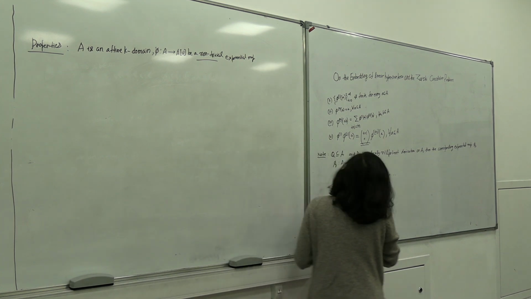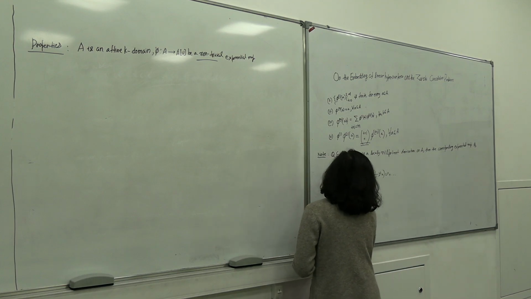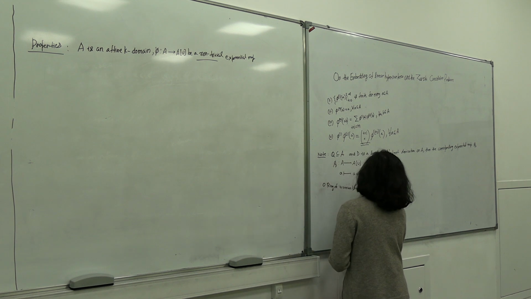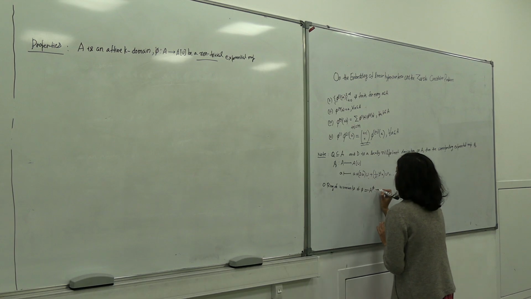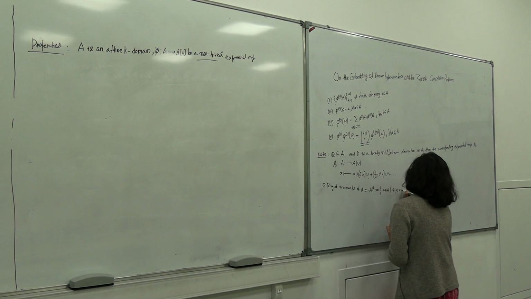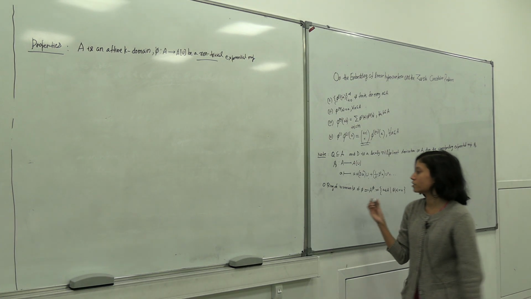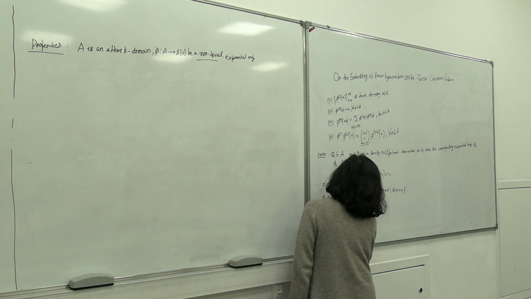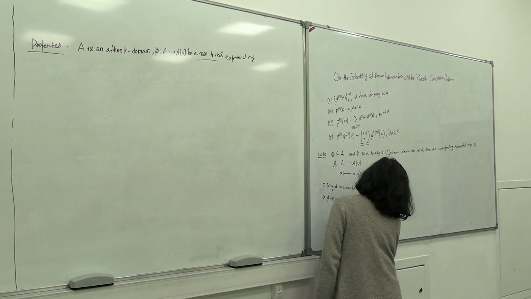Maybe I should define it now. Let me define something called the ring of invariants of an exponential map. It is denoted by A^phi, and it is defined by all those elements a inside A such that phi(a) = a. That is, as the name suggests, it does not move a at all. And corresponding to this definition, we say phi is non-trivial if A is not equal to A^phi.